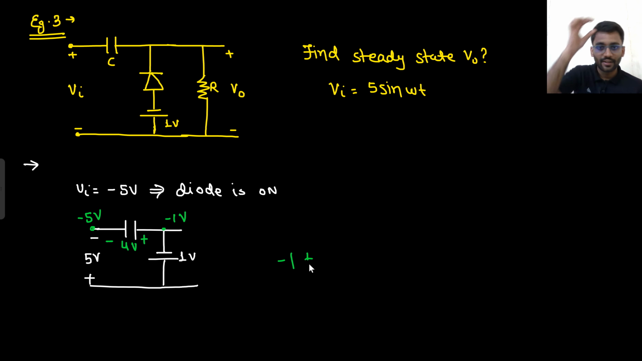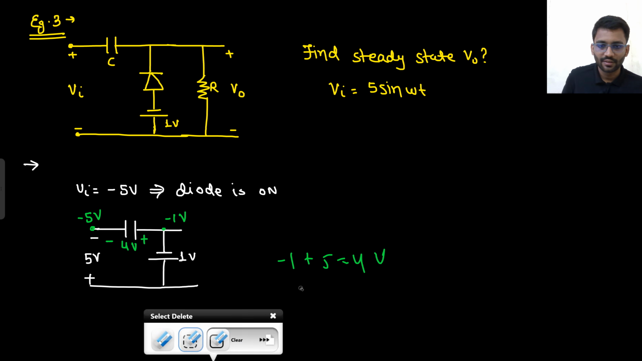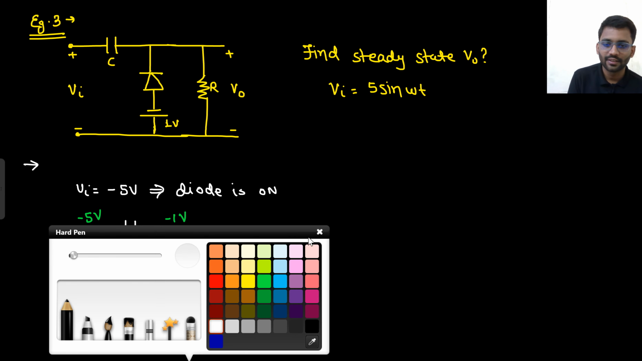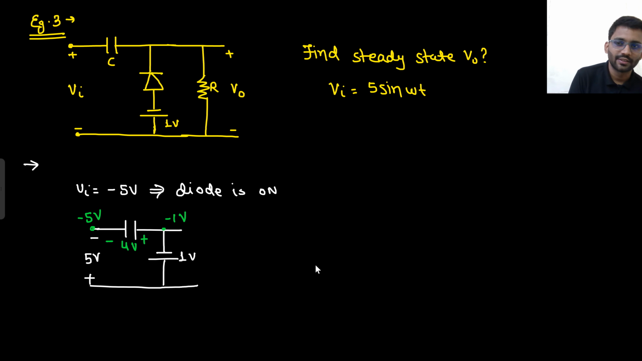So what will be the total potential? That will be 4 volt, but from the minus 1 direction. So it is charged till 4 volt. So this is the steady state capacitor voltage. And what will be your output voltage? So your output voltage will simply be